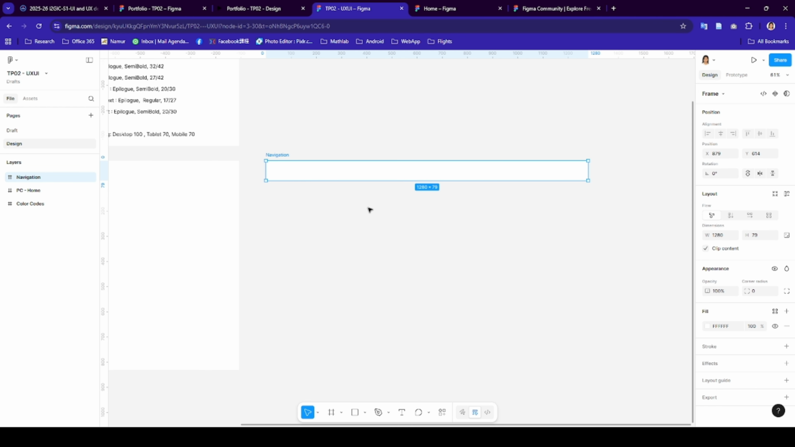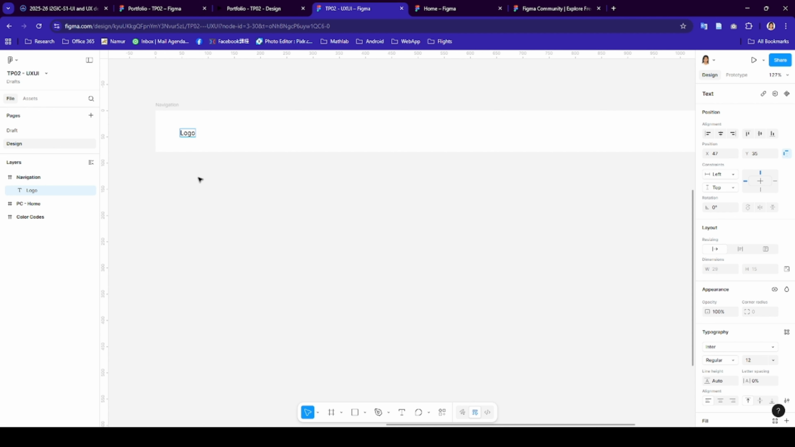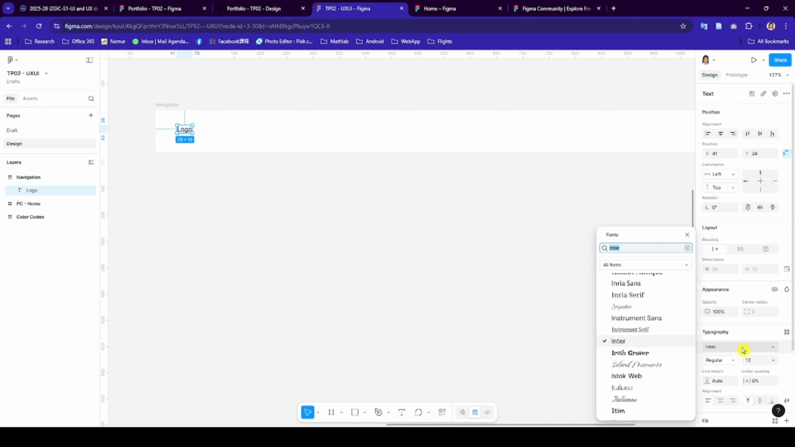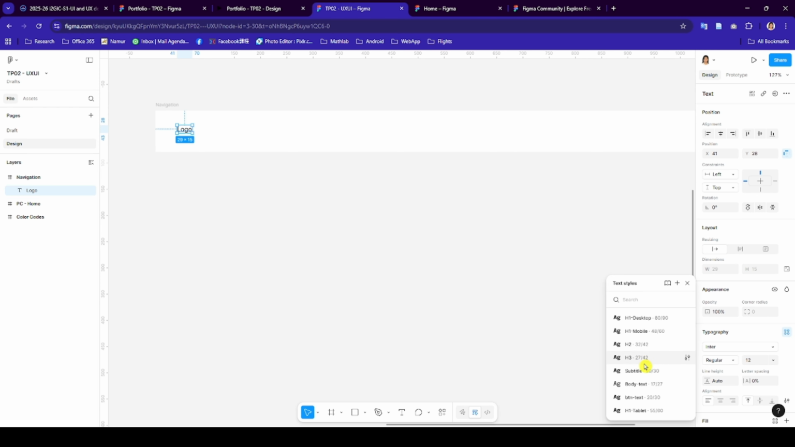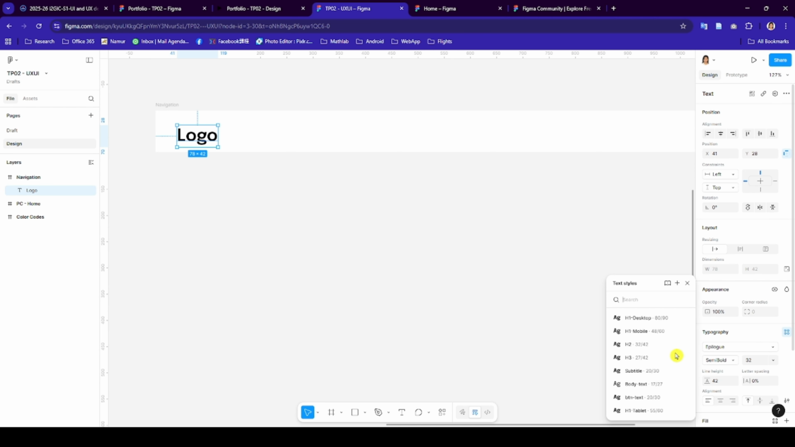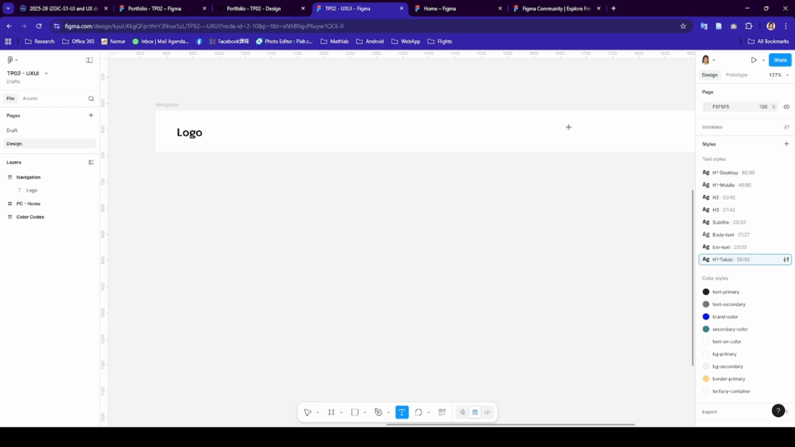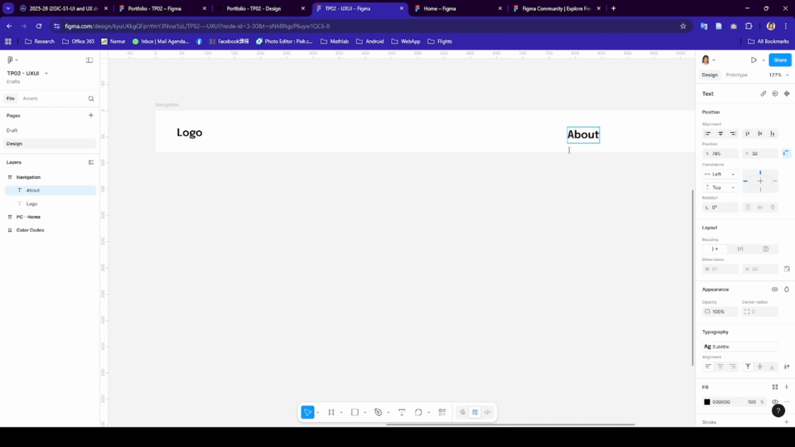In navigation we have logo, about, work, and contact. So we will add the text here. How to add the text: we can have the text here, or we can just type T. So you can type T here, logo, okay. So my logo here, I prefer the style here. I don't want to change the font style, font weight, and font size again. I can choose here because I already created the local style for my font, right? So this one I prefer H2. Oh, it's too big. I think this one is the subtitle. This one, okay. Then I can have another text like about,